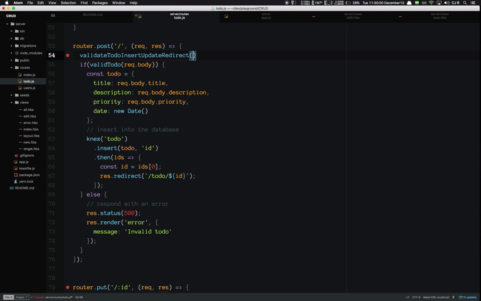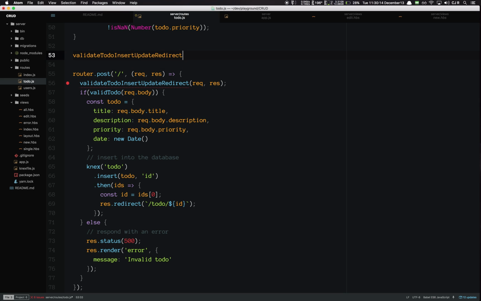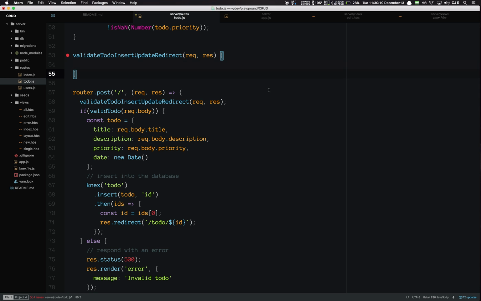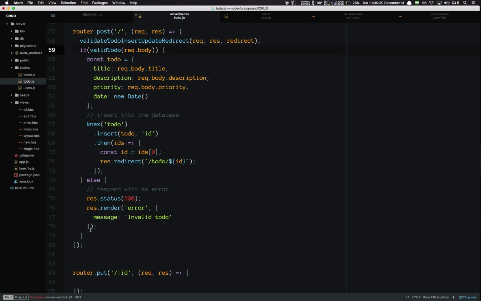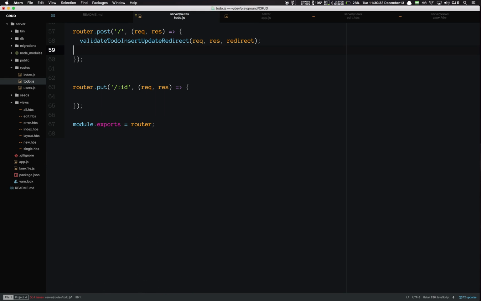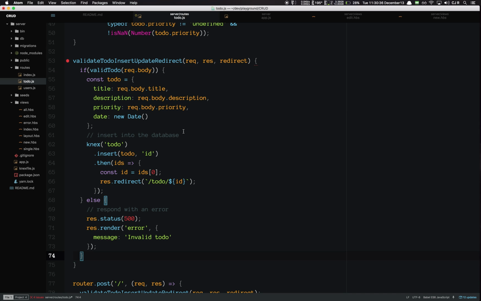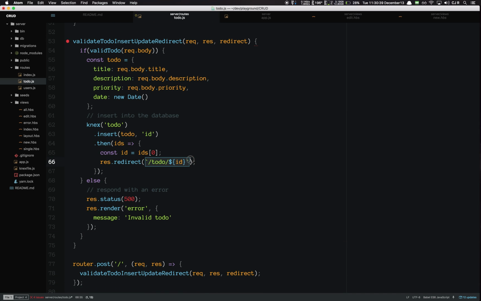So it's going to need access to the request and the response. Yeah, totally. It's going to need access to both of those. So let's create this function. Validate to-do insert, update, redirect, req, res. I'm going to need the redirect parameter too. So right there, redirect. That's going to be what URL you want to redirect to. So if I grab this, throw it into this function, I want to redirect to